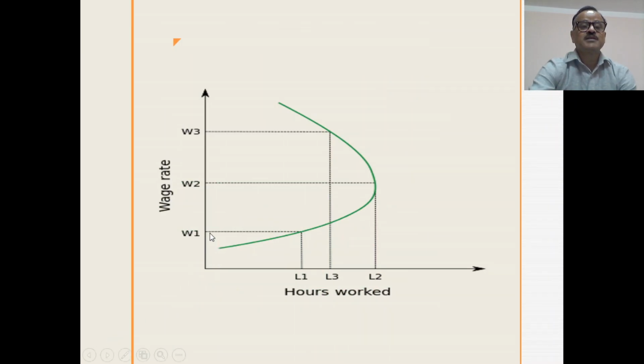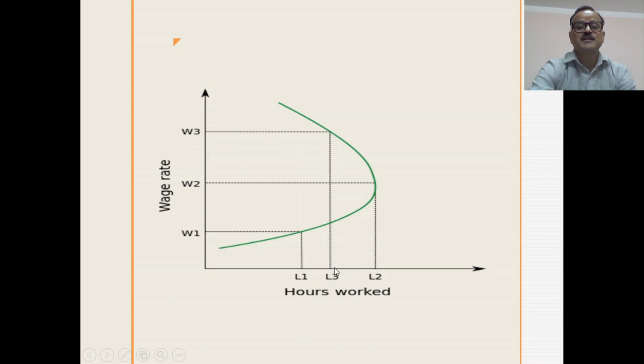Suppose, here, wage rate and hours worked: the labor force works L1 hours at this wage rate, and when the wage rate increases to W2, labor supply increases to L2 hours worked. When the wage rate increases to W3, instead of increasing, labor supply decreases to L3 from L2,